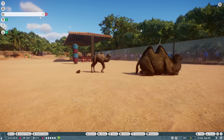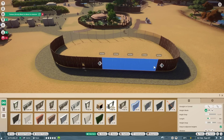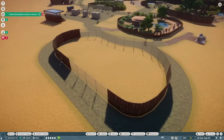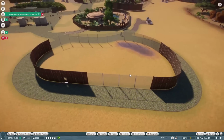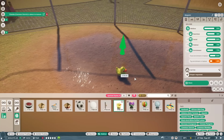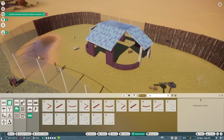And now it's time for the next habitat, which is going to be for some spotted hyenas. This habitat came out probably one of the funnest shapes I've made a habitat yet. And after the barrier was set up, I added a water source and had the hyenas brought to the habitat. I added the enrichment items, and then made them probably one of my most favorite shelters I've made so far,